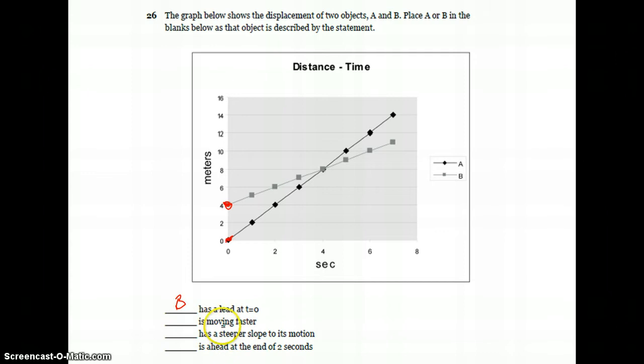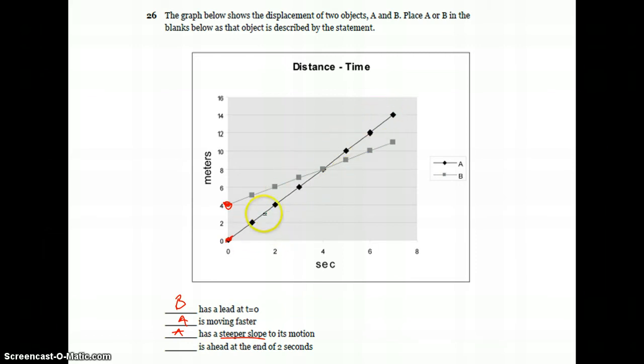Who's moving faster? Well, take a look. Who's going to end up winning that race? That's A. And why do we know he's going faster? He has a steeper slope. So A again. So you can see it visually, but you also know that that person is moving faster because